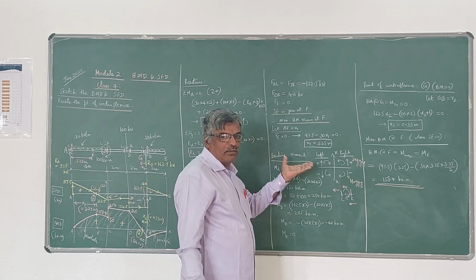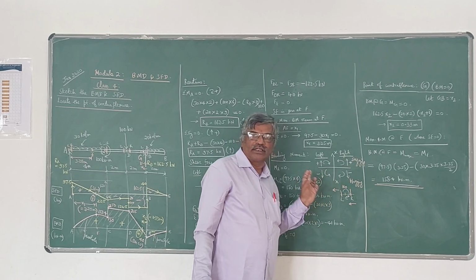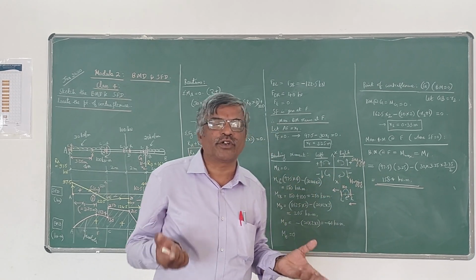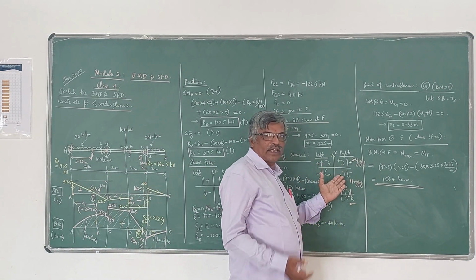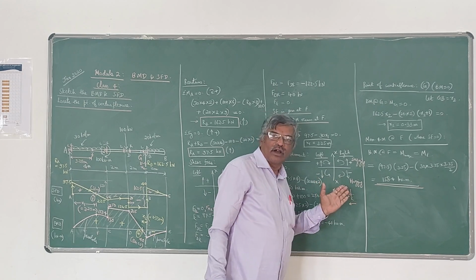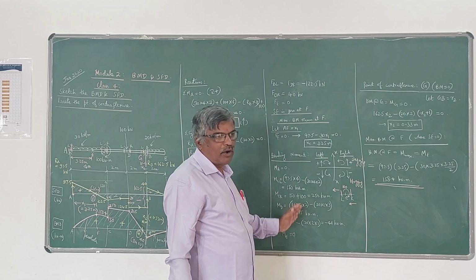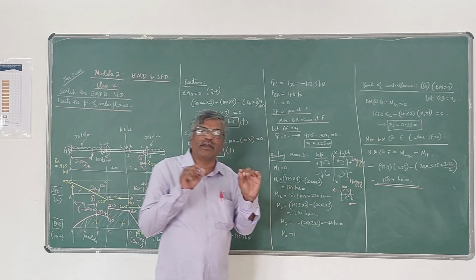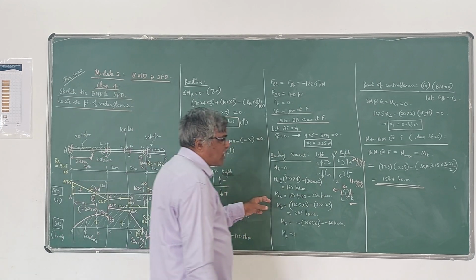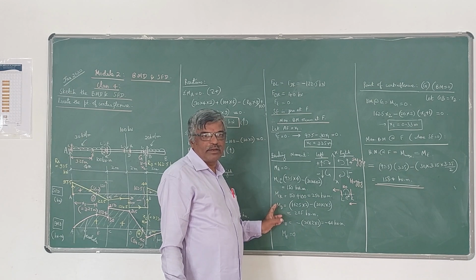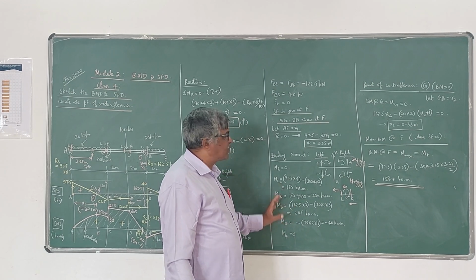Then you have to calculate the bending moment values at the salient points. For that, the sign convention is this. Irrespective of whether it is left side or right side, upward forces give positive bending moment, downward forces give negative bending moment. Upward forces bending moment is called sagging, positive; downward force bending moment is called hogging, that is negative. So using that, we have to calculate the bending moments at different points. Here also, at the point where an external moment is given, clockwise or anti-clockwise, whatever it is, you will be having two values of bending moments. In this problem at point C, you have two values of bending moments, one just to the left of C, another just to the right of C.